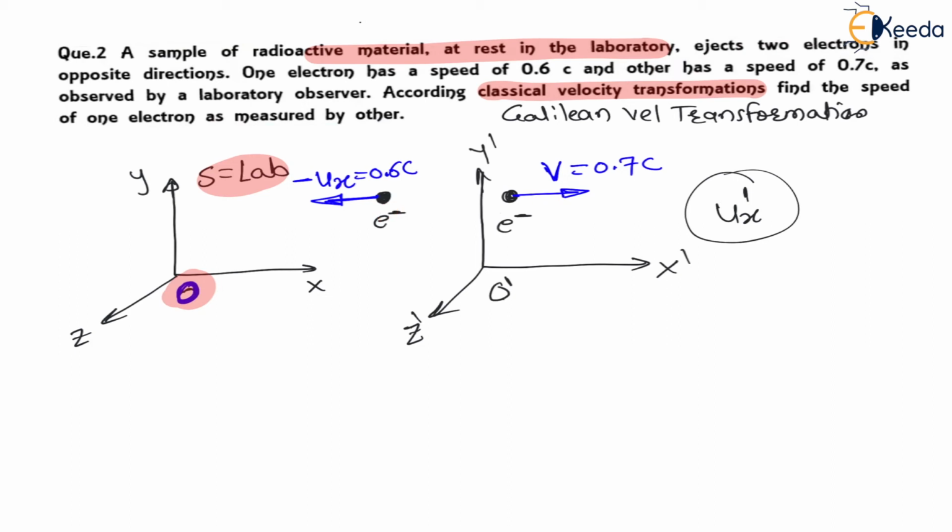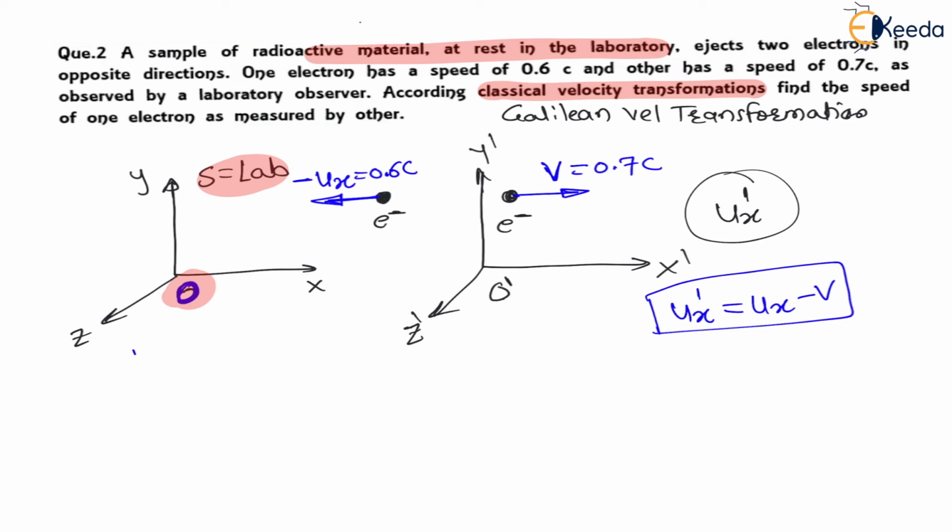So my dear students, again let us use the Galilean velocity transformation. As per the Galilean velocity transformation we have ux dash. This velocity transformation we have seen in the theory lectures. If you have not seen my previous lecture, then go back and watch it, then come here. This ux dash is nothing but ux minus v. This relation we have seen.